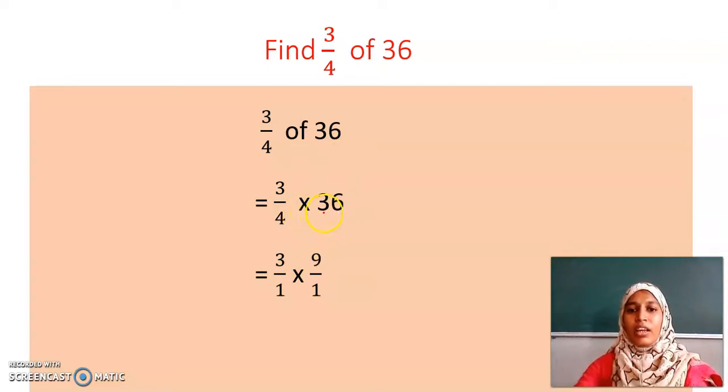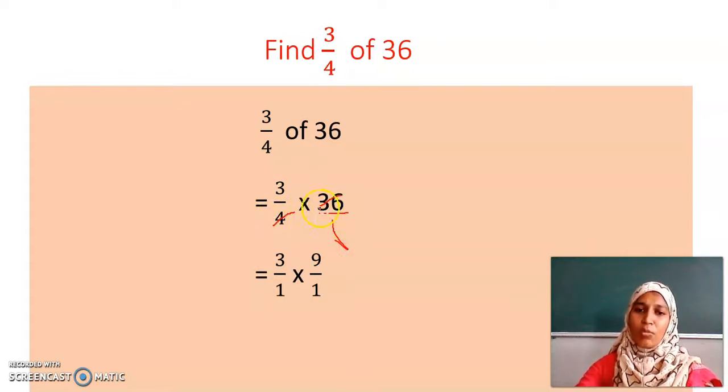Last time I told you to multiply the numerator and the whole number, but now I have not done it. What have I done? I have cancelled this 4, a denominator, and this 36, a numerator. You can cancel one in the numerator and one in the denominator. You should not cancel this 4 with some other denominator here. You should not do it. Is it clear? You should learn to cancel. You should learn cancellation also.